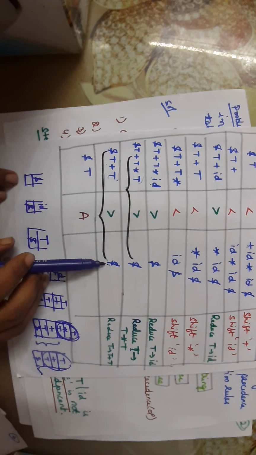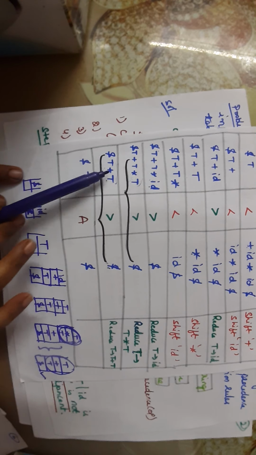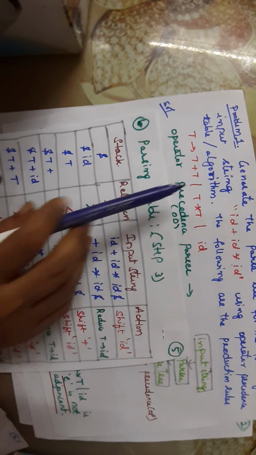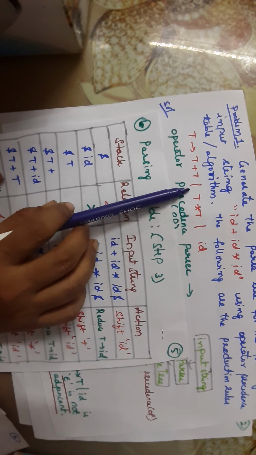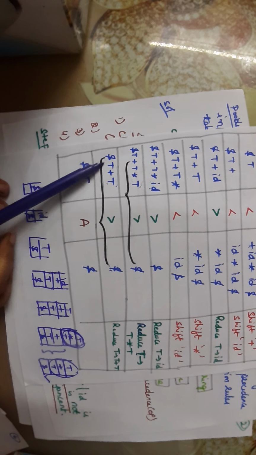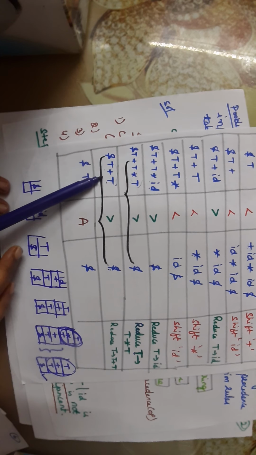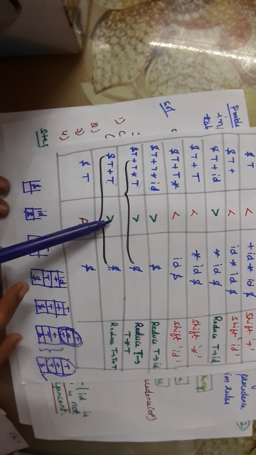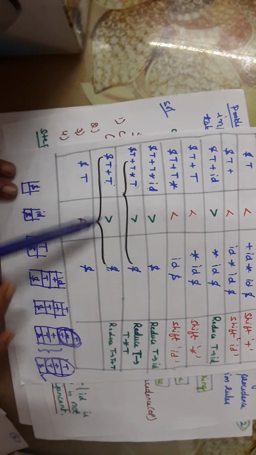When dollar with dollar is there and some right side production is there. See, this T plus T is not the parent variable. If you see in the question, T plus T, T star T or id, these are right side productions. I actually want to get the parent node capital T. So in this case, when some production is related to the right side production, this is not the parent variable. So in this case, when dollar is there, I need to compare them and I should take it as left associative, that is dollar is greater than this dollar.